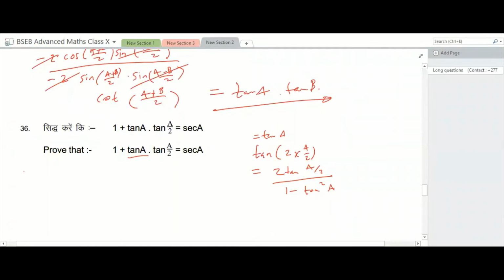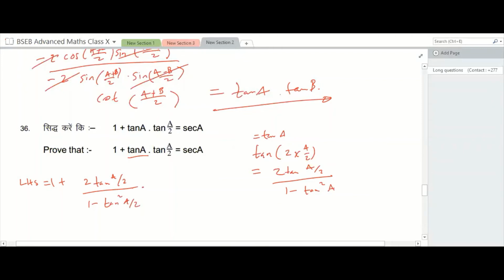Right, so left hand side, let's just say that 1 is equal to 1 plus 2 tan (A over 2) over 1 minus tan squared (A over 2)